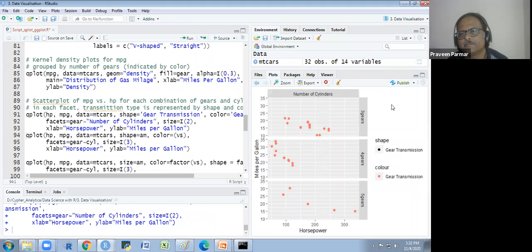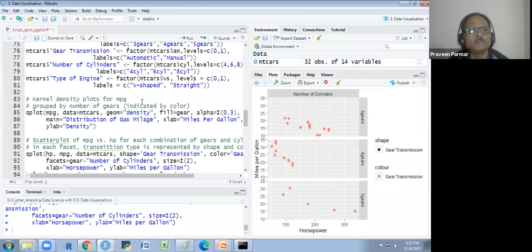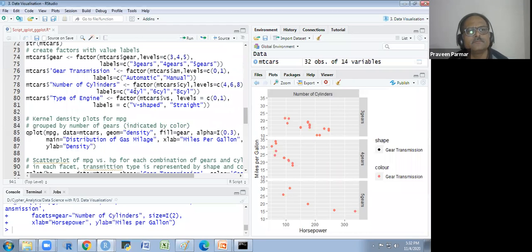You see. And gear transmission. Just a moment, what happens? It's giving me only one. There are two colors, no? It is in factor.